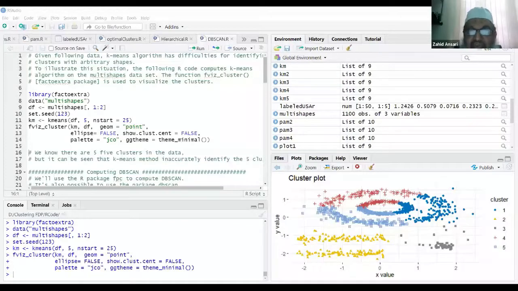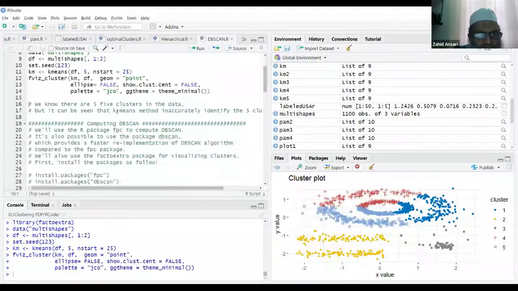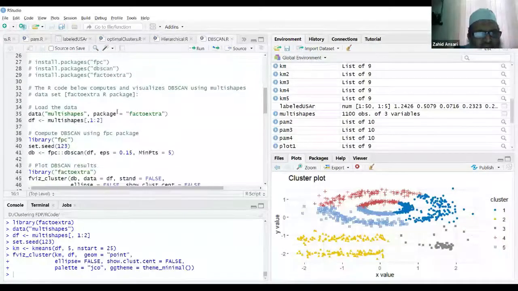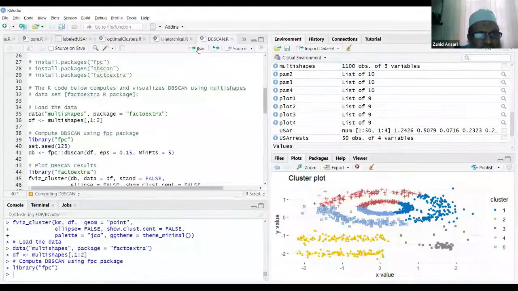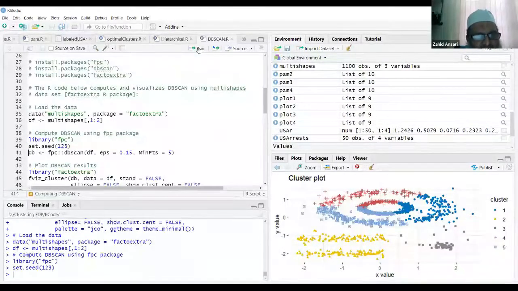We'll apply DBSCAN on the same data points. Same data, DBSCAN. I'm using the library fpc for this, and I'm calling the dbscan function. Here I need to specify two things. One is the radius of the neighborhood, epsilon.